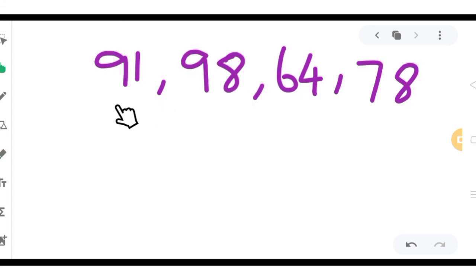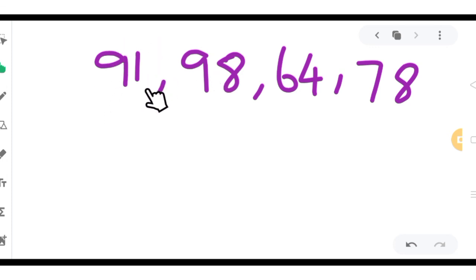See here, 91, 98, 64, 78. Here we have 4 numbers. Okay, so first what we have to do, we should see the first digit in each number. They are all 2-digit numbers. So we have to check the first digit in each. So let's see, 9, 9, 6, 7. Can you find out which is the biggest here? 9 is the biggest, but we have 9 in the tens place in 2 numbers. See here, 91, 98. If it comes like this, with 2 numbers, we have to check the next